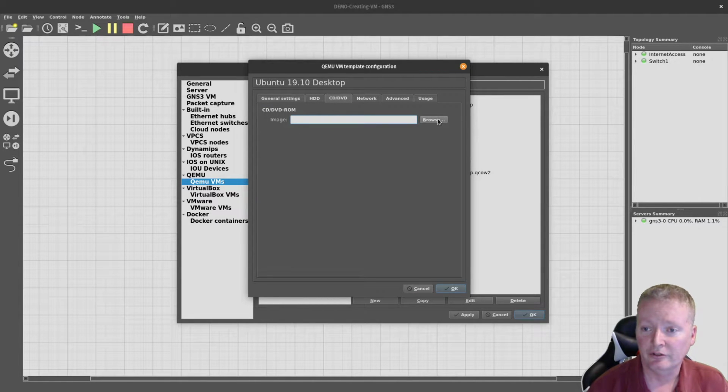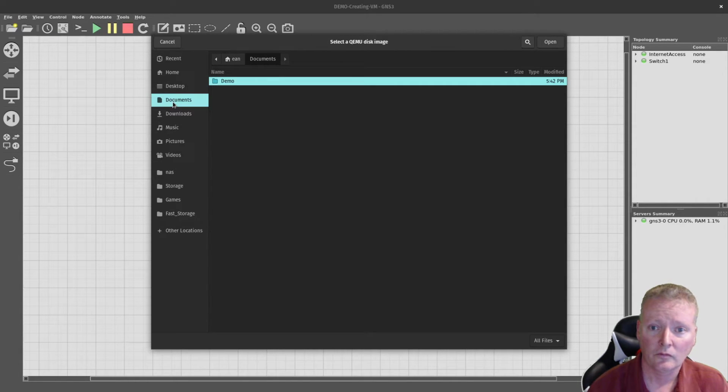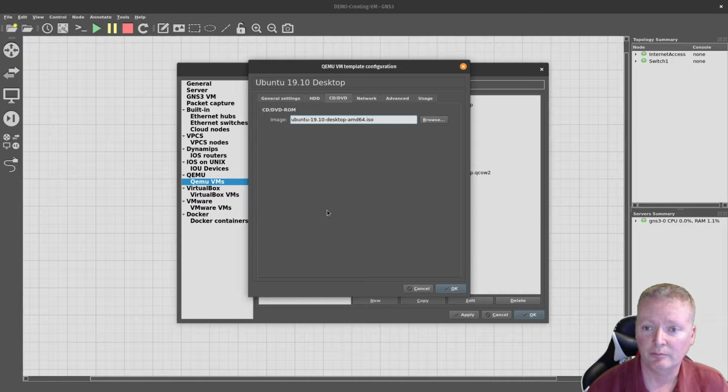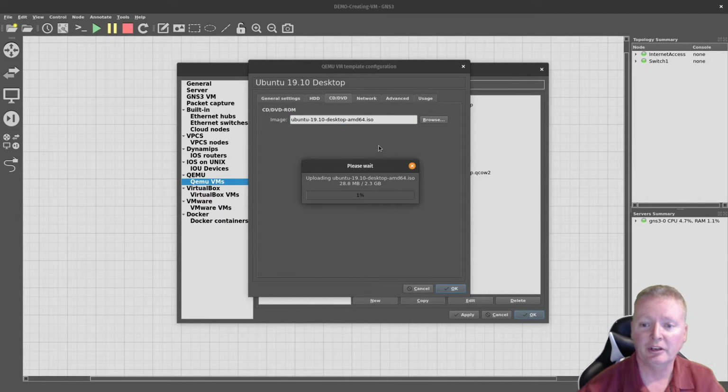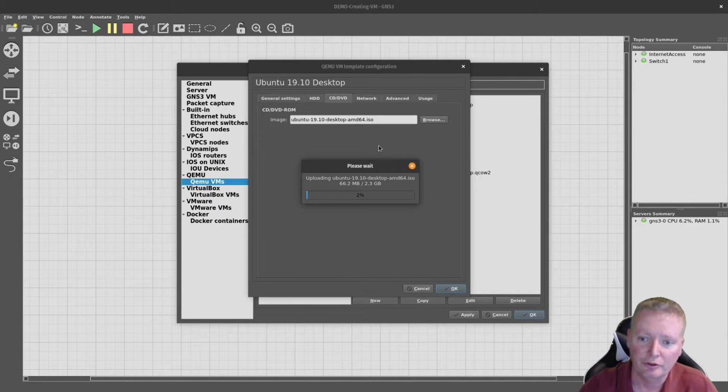This is important because obviously we're going to need an ISO to actually be able to install onto the system. So I happen to have Ubuntu 19.10 desktop right there. Now this is going to take a minute. It has to actually copy this disk over to the server,